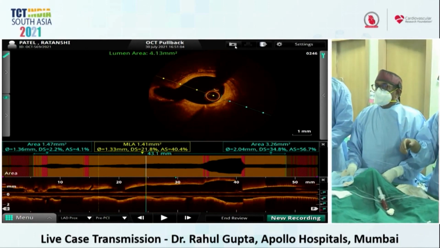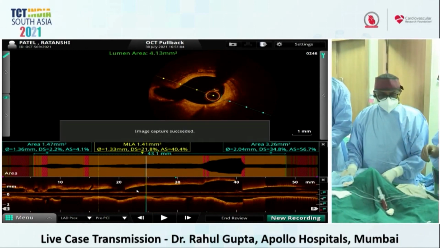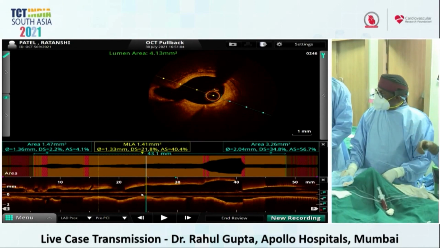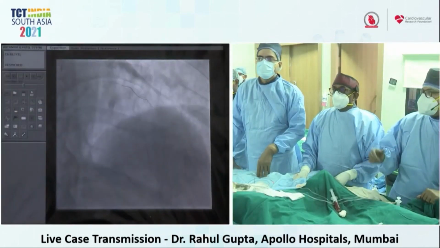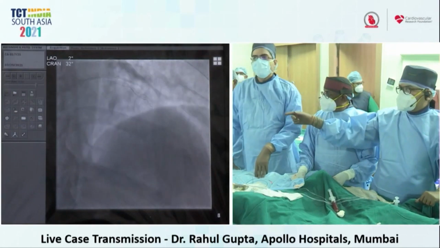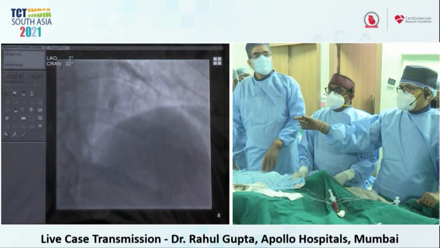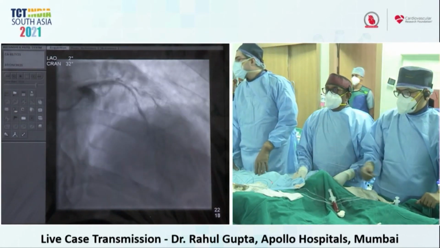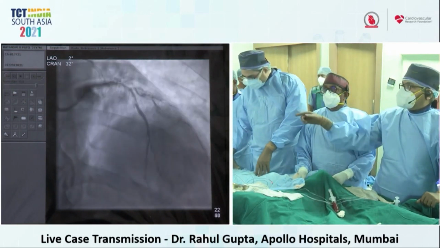You once and then show this. Okay, can you show the angio? You want to show the angio pictures? We can just show you. Before OCT, also while doing it, you get an angio picture. So the plan is to see where to start the stent and where to end. That's what we are looking at, so we can show the angio pictures.